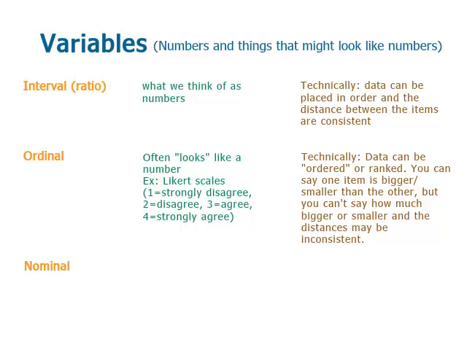So technically, ordinal data is data that can be ordered, right? That's what we call it, ordinal. Ordinal data is data that can be ordered or ranked. So we can say one of those is bigger or more important than the other, or smaller and less important than the other, but we can't say how much bigger or smaller, and we can't consistently define the distance between